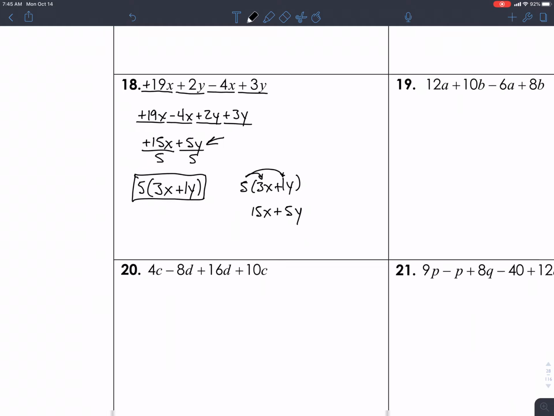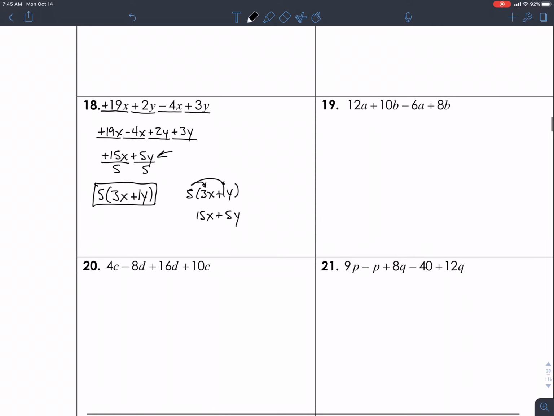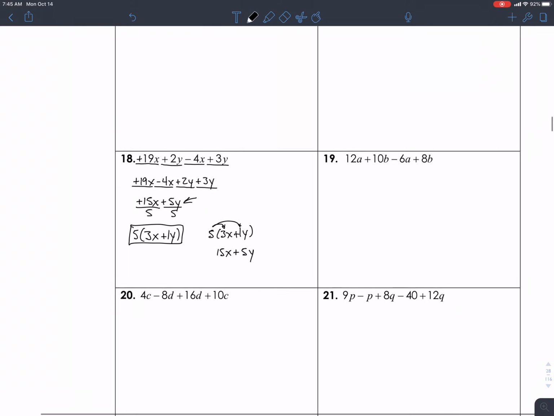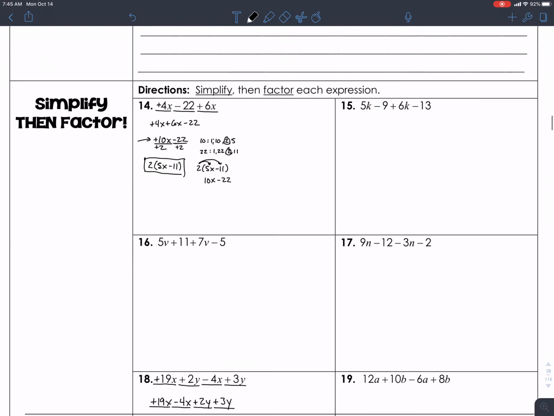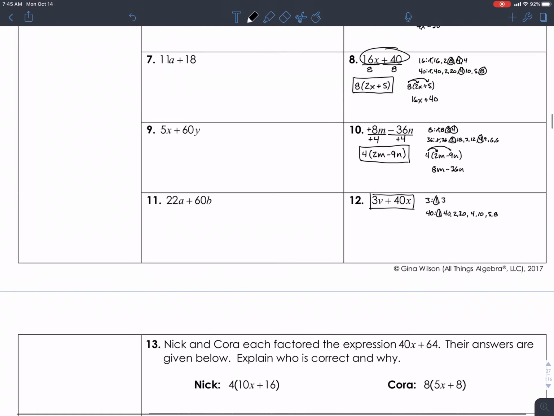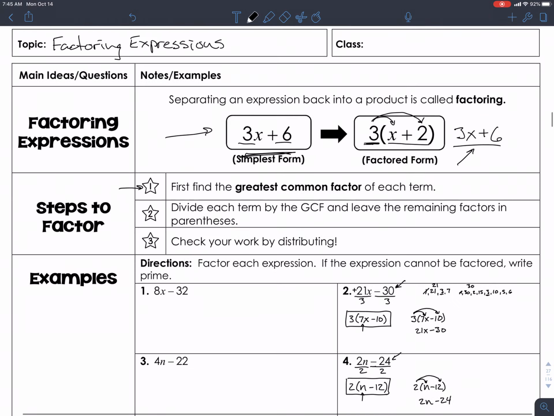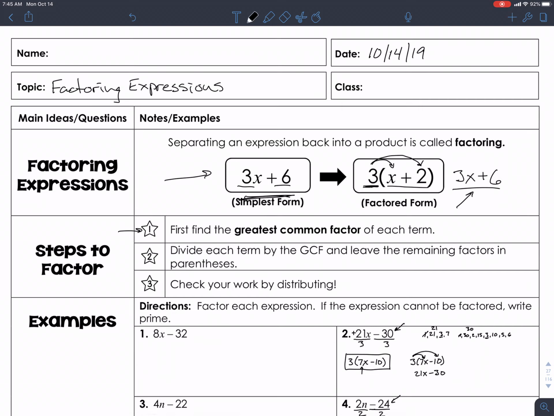Okay? So you are responsible for all the odds. Please do all those. And when you are done with the odds there, then you can go on to the homework 7. Grab that, do the odds. That will not be due today. It will probably be due tomorrow. So if you have any questions, please